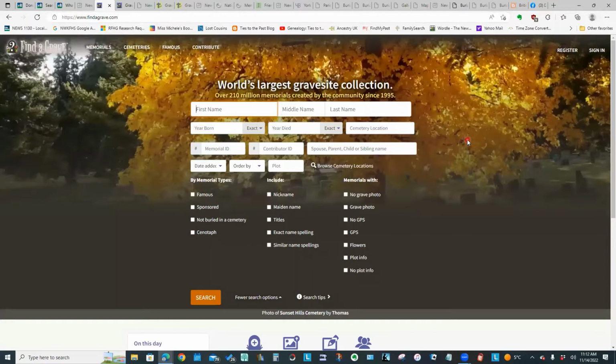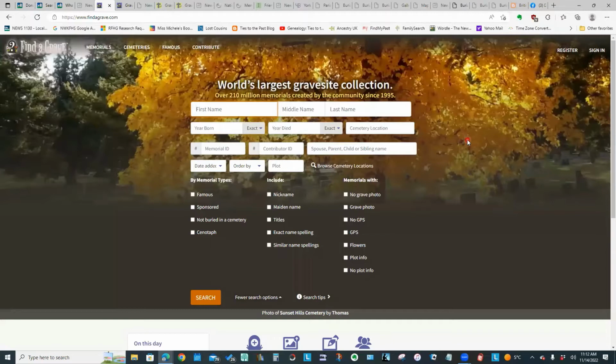Some of the information is accurate because people have done good research, but there is nothing really to stop someone from uploading information on an individual whose name matches that particular grave, but it turns out is not actually the right individual. And I know some of the members in this group have commented that they have discovered that information uploaded for their ancestors' grave entry in Find a Grave is actually not correct.